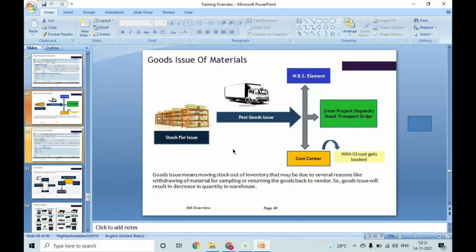So goods issue means consumption. Goods issue can happen against a cost center, or if there is a production requirement, we will create a production order, and for the production order also we can issue the materials. Or suppose you are taking an AMC for a plant, and for that particular maintenance you require spare parts. At that time also, against the maintenance order, you will be consuming the materials. All this will have different movement types in SAP.